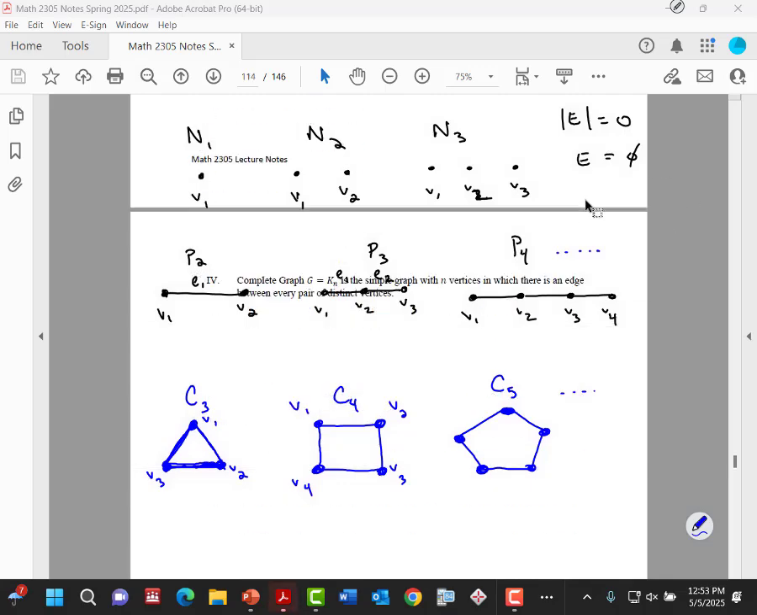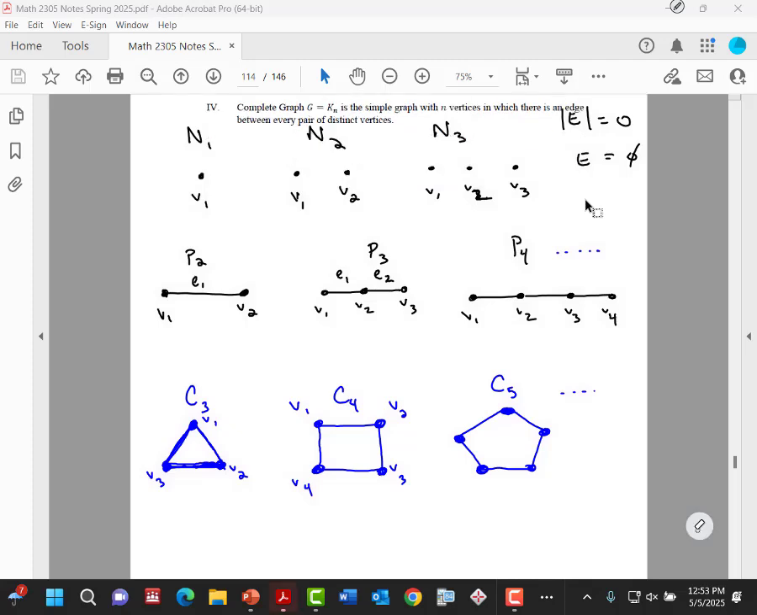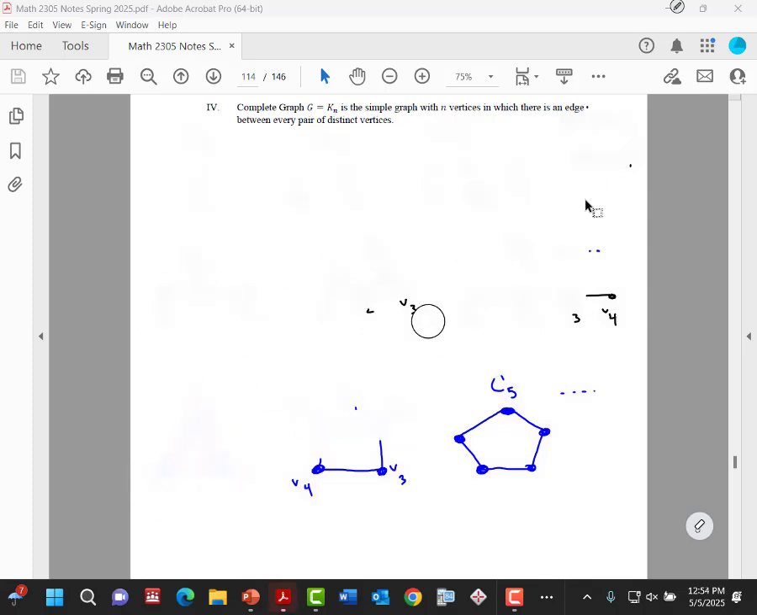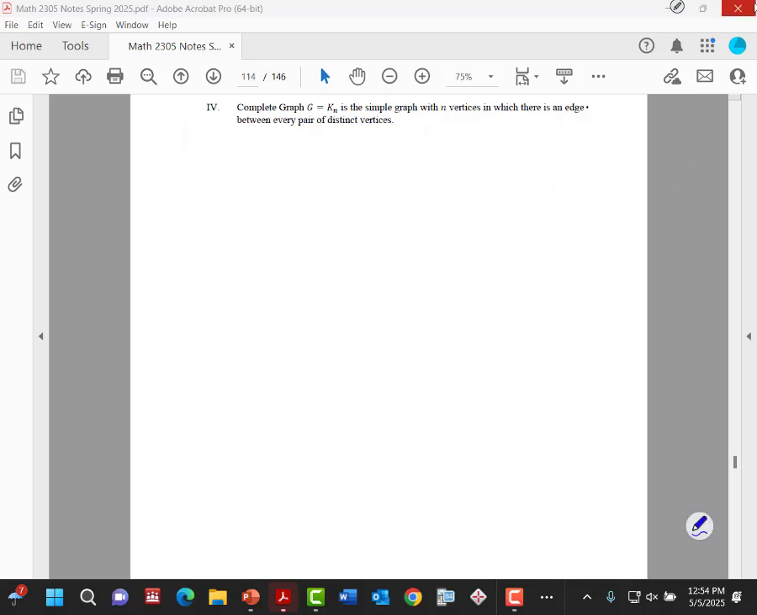Okay, let's continue to take a look at common graphs. The complete graph, G equaling K sub n, is the simple graph. Okay, what do I mean by simple graph? When I say simple graph, that means no loops or parallel edges, in which there is an edge between every pair of distinct vertices. Okay, so let's take a look. K2